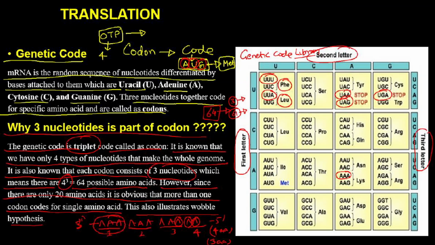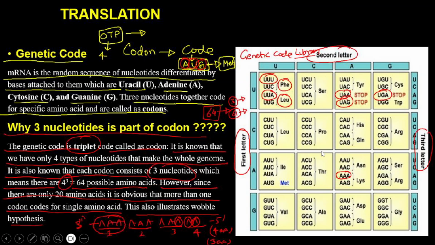Now if we go by this combination that three nucleotides make a single codon, then the possibility is 64 codons, which is more than the number of standard amino acids known, which is 20. So this shows that there is more than one genetic codon that codes for a single amino acid. That is how it was justified that 64 codons code for 20 amino acids. This is the table which shows which genetic code codes for which amino acid.